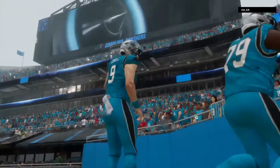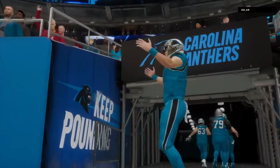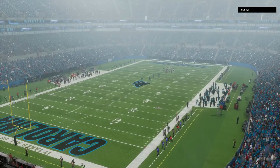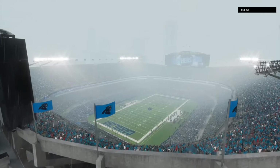So for Carolina, they're on a nice early roll as they move to 3-1 with a win here. And they'll get another home date next week as the Packers will come to town. Meanwhile, for Tampa Bay, they'll drop down to 1-3. And they will get a home date next week as they will take on the Buffalo